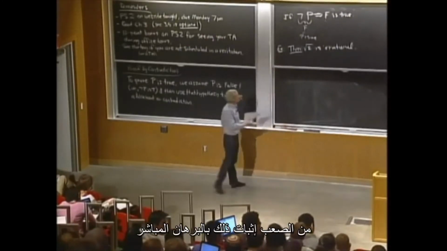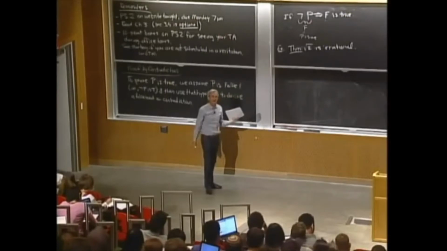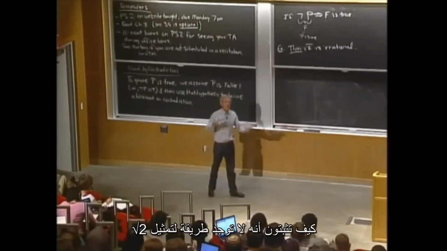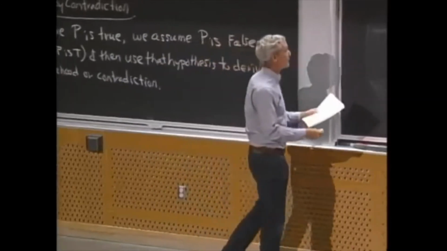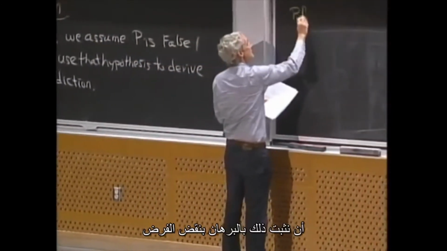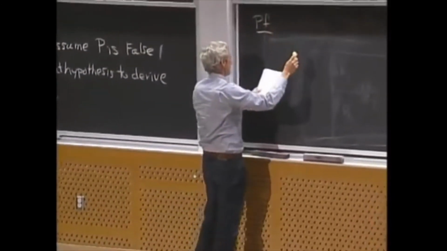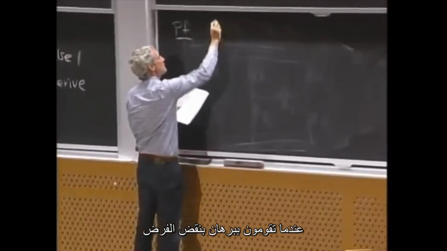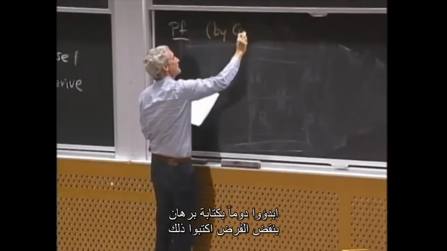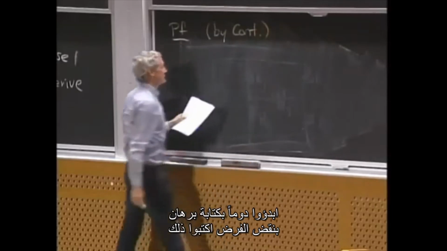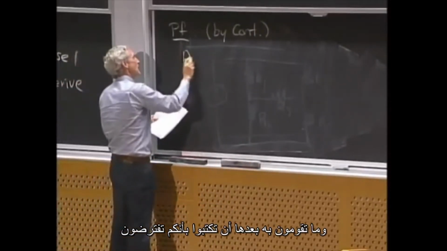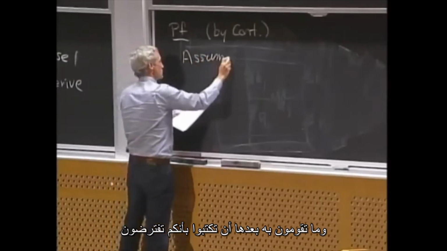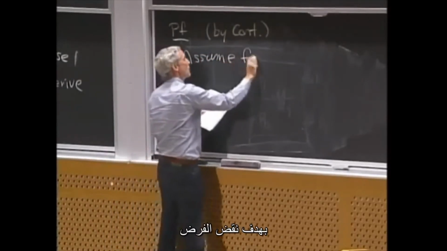Good. You know, if you try to do a direct proof of this, it's pretty hard. How do you show there's no way to represent the square root of 2 as integers a over b? But it's very easy if we do a proof by contradiction. Now, when you're doing a proof by contradiction, always start off by saying by contradiction. Write that down. And then what you do next is you say, I'm going to assume, for the purpose of contradiction,